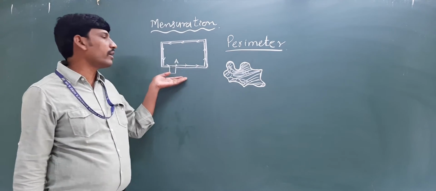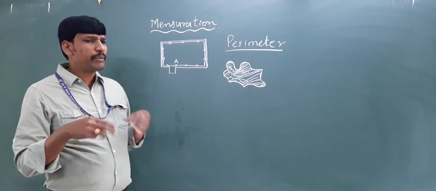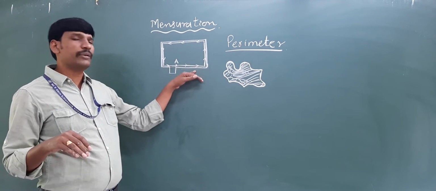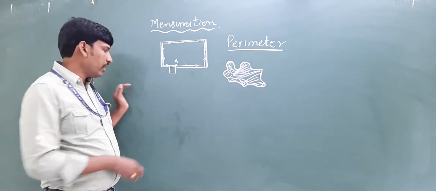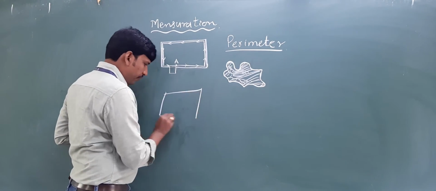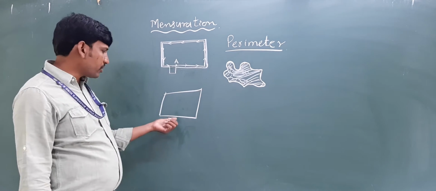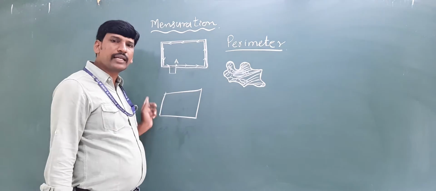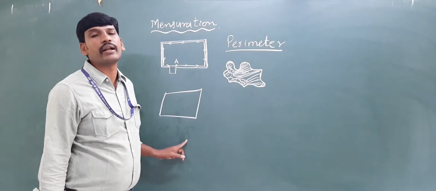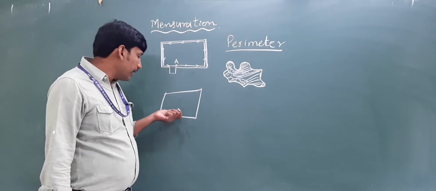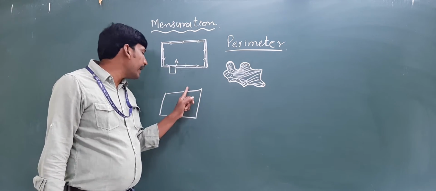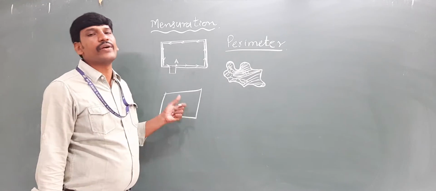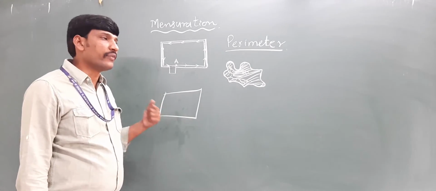But coming to regular shapes, regular means maybe all sides are equal, all angles are equal. Before we discuss that, let me finish this one. It is a simple closed figure. Clear? See, we can find out. It is also a simple closed figure. By using a scale, we can find out the length of all the sides. The length of all the sides of the given figure gives the perimeter of the given shape.